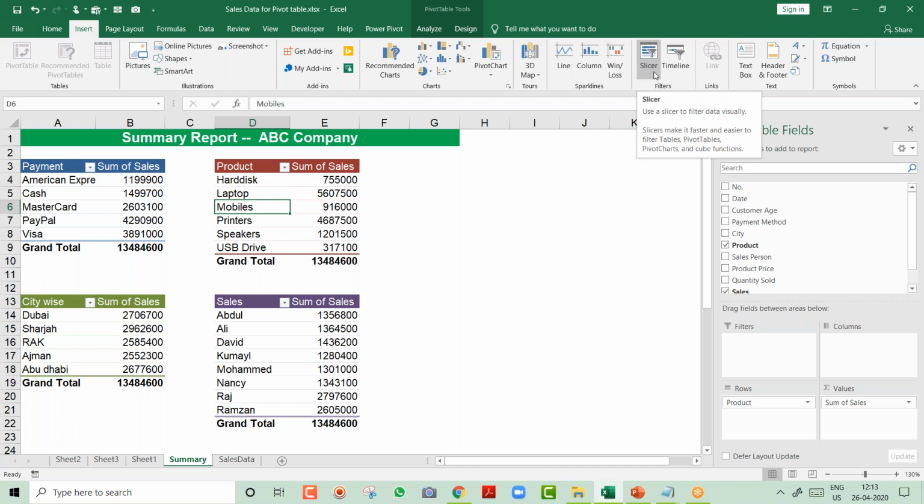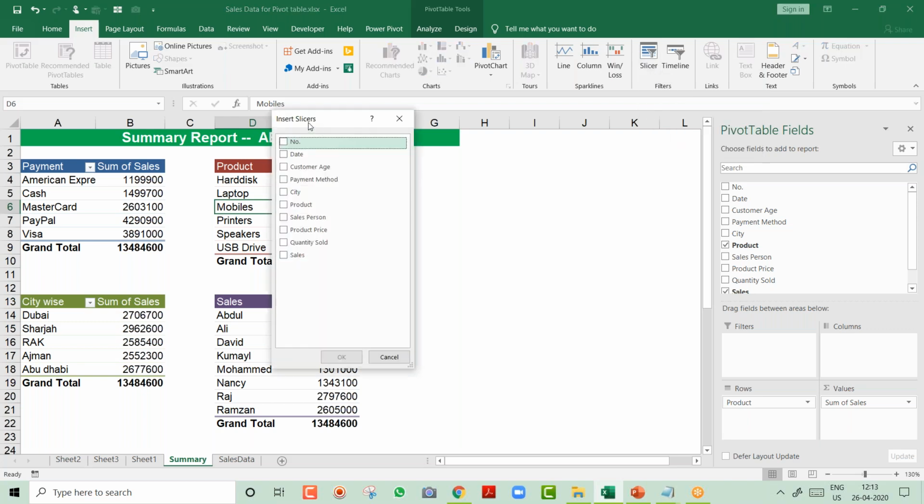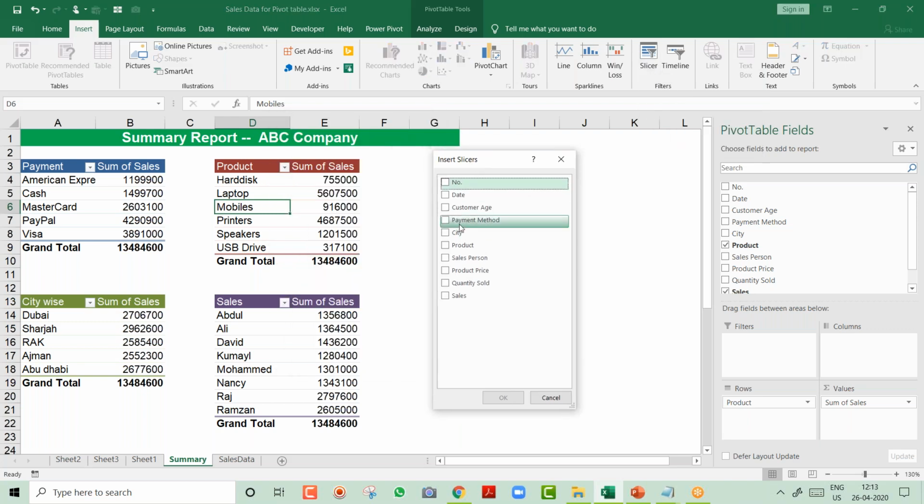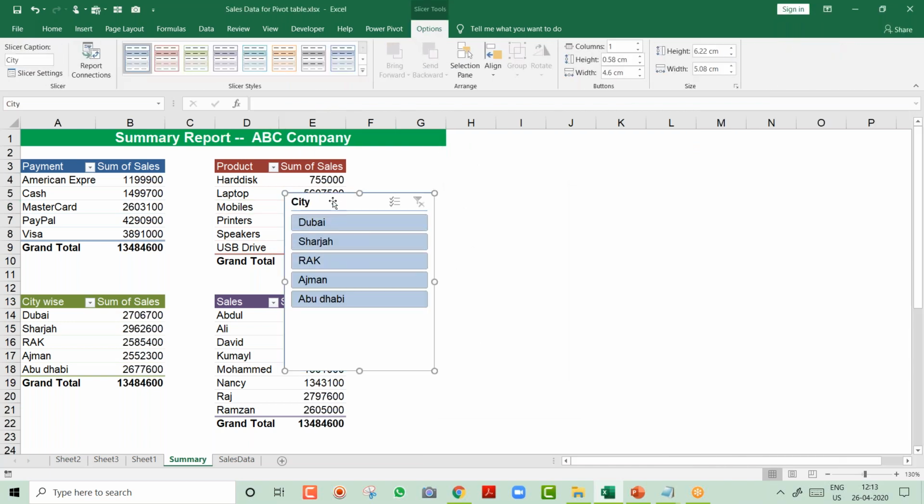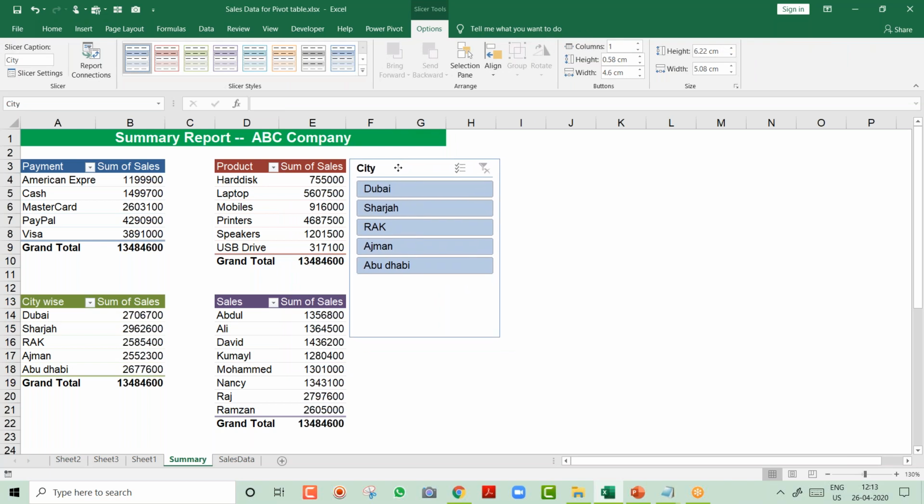But remember, if you are using an old version, 2007, you will not get a slicer. So it should be 2010 and above. I click on Slicer and it asks which slicer you need. I want a slicer of city, and I say okay, perfect. So I got a slicer of city over here.